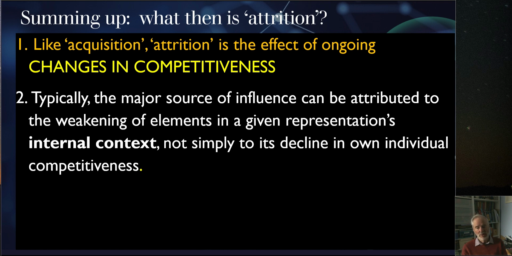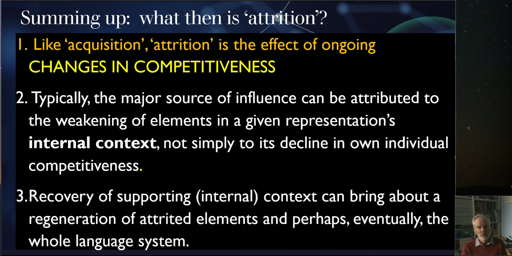Because everything in the brain is very well interconnected, we can't really talk in terms of a given representation without taking into account its internal context. And recovering of the supporting context can bring about a regeneration of attrited elements, and perhaps eventually the whole language